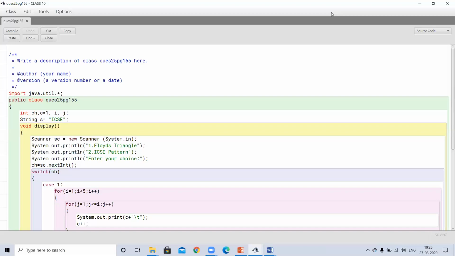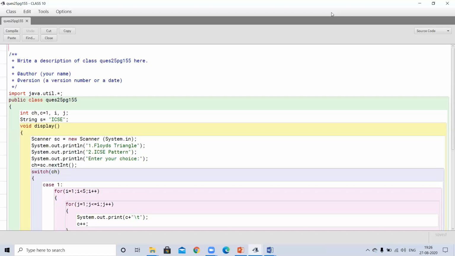In a switch statement, we are using different cases according to our choice. In the first case, we have to print the Floyd's triangle, and in the second case we have to print this pattern.